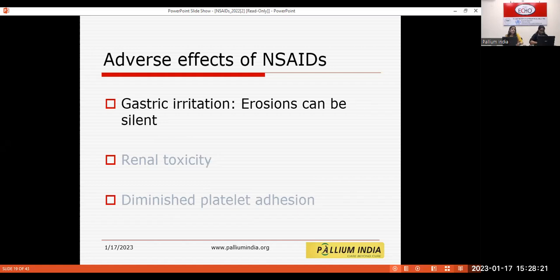The problem with gastric irritation is that some patients, as you might have heard, the moment they take Brufen, say, "Oh, my tummy is burning." In some patients it may not happen, but it can actually cause ulcers or erosion. So it's very, very important to give a proton pump inhibitor, that is pantoprazole or omeprazole, every time you give